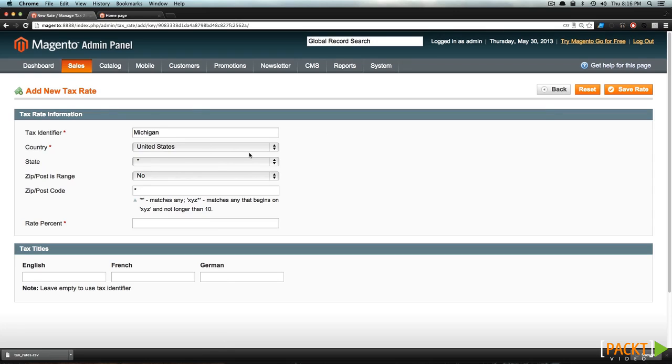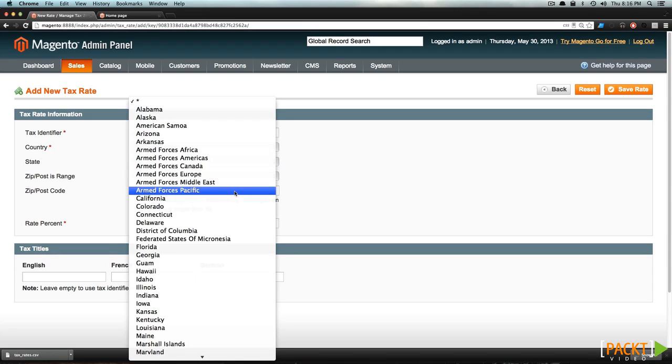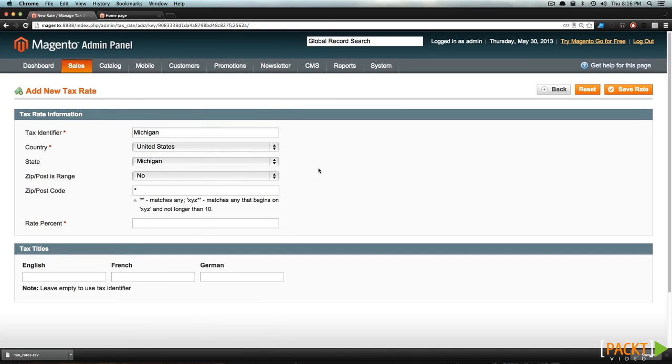So the country is going to be United States, and the state we're now going to select as actually being Michigan. So this is what tells Magento that the tax rate will apply when somebody is from Michigan. And this is zip post range. You can set up ranges of zip codes to only have this tax rule applied to. Since this isn't going to be a range of zip codes, I'm actually just going to leave this as no, and we'll leave this asterisk here under zip postal code because this means that any postal code in Michigan will